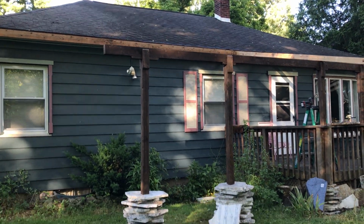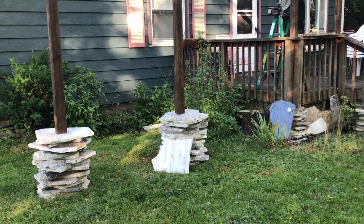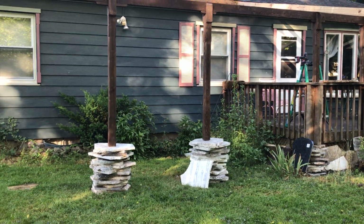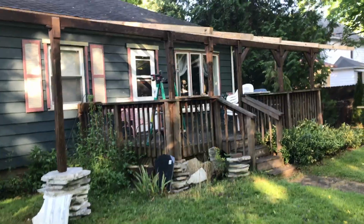I think we're good. It's not quite hitting on the one, so I need to put a little piece of slate in there maybe. Or maybe it's a little bit more than a 1/4 inch, but I'll do something there. The last one is hitting. So the other thing that's happened is